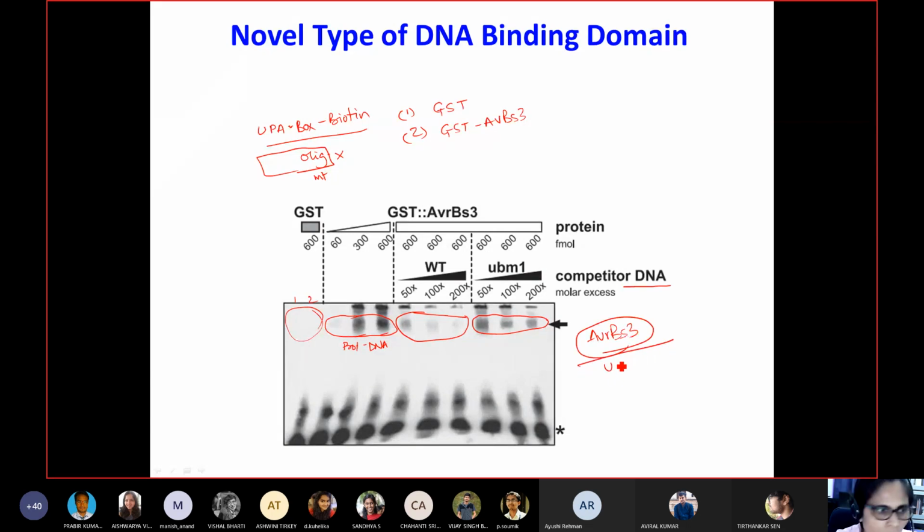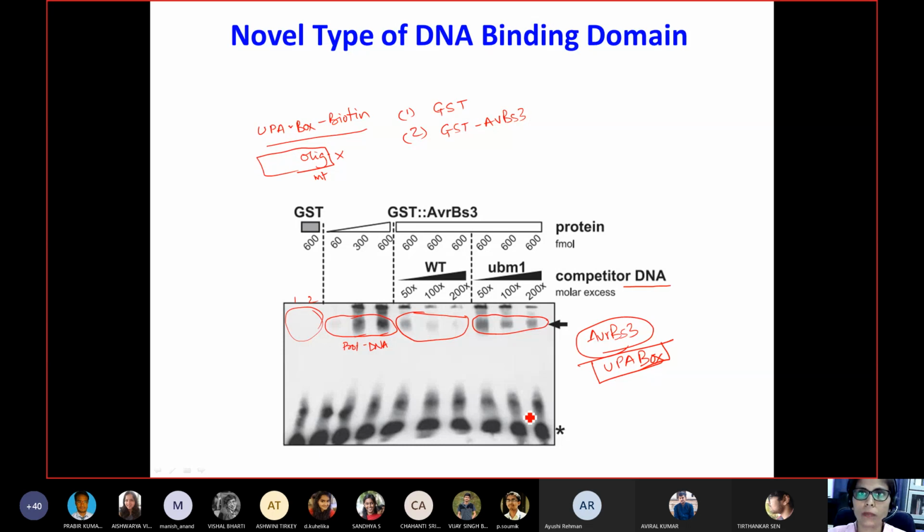So this was the total gist of this protein. We have seen how the UPA box is found, and how your effector protein goes and binds to its direct target, with the help of the ChIP assay and the EMSA assay. Now, immediately after finding that this is binding directly to the UPA box, there were two groups very keen on finding out the code. What is the code by which it is binding to your target sequences?